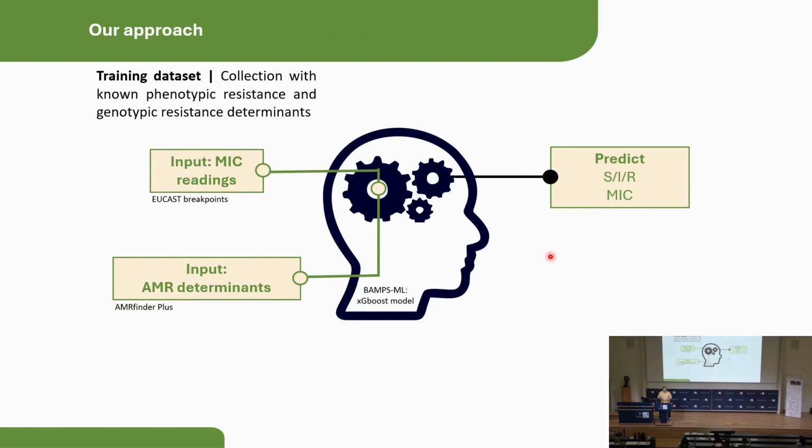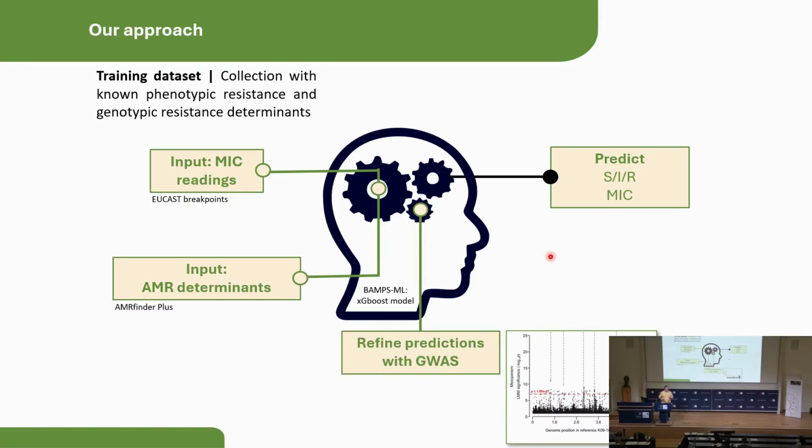Our approach is to take what we know already, so we use MIC readings from the lab and phenotype data, we combine that with our simple identification of AMR determinants using databases, and we feed that into an ML model, an AI model, and it is XGBoost, but don't ask me about it either, to make predictions in our collection. And then to try and build on that, we refine these predictions by doing genome-wide association studies with the phenotype data to see what else in the genome is also associated with resistance, to refine our models